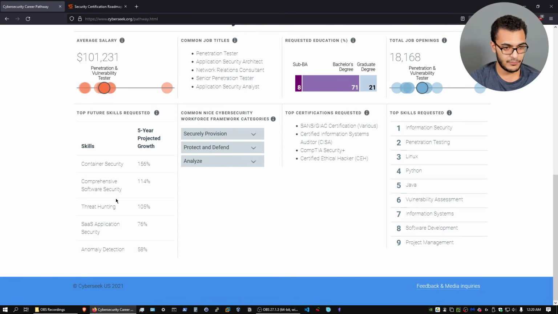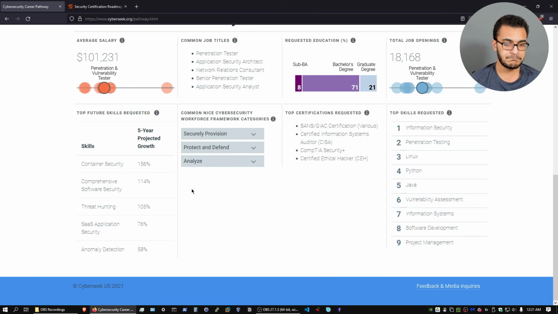You're then going to need comprehensive software security, threat hunting, software as a service application security, because most companies are actually starting to utilize software as a service solutions for their business activity. Anomaly detection, that's where it's moving. So essentially, what you see here is really a maturity of the role, because you're now going to be getting in touch with, first and foremost, new technologies like container security as you move on within the next 5 years. You also need to have a good understanding of software security and software vulnerabilities, so that you know what you're doing really when it comes down to exploiting software or services.